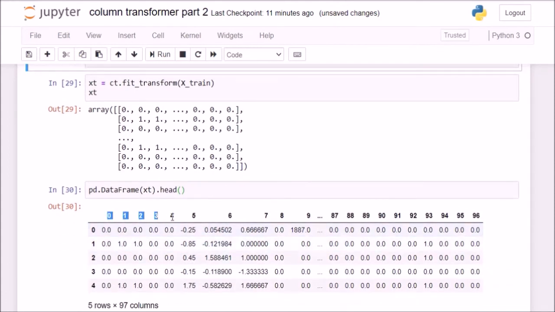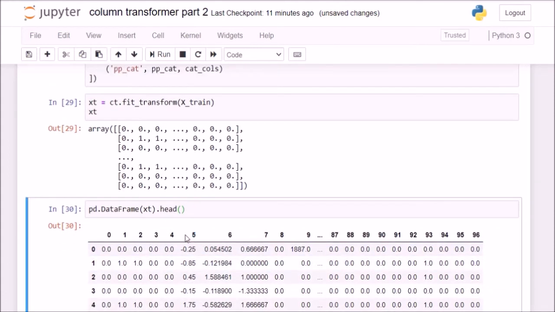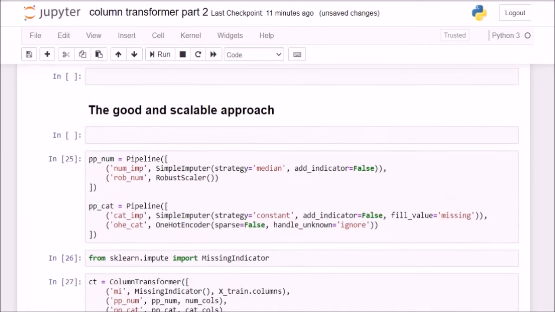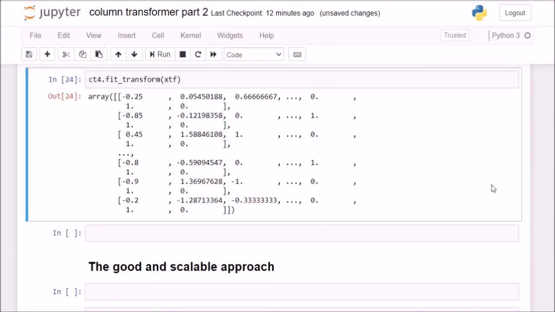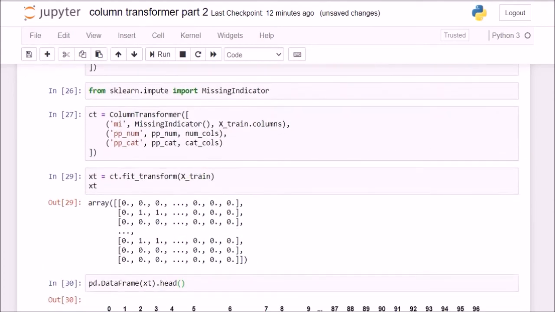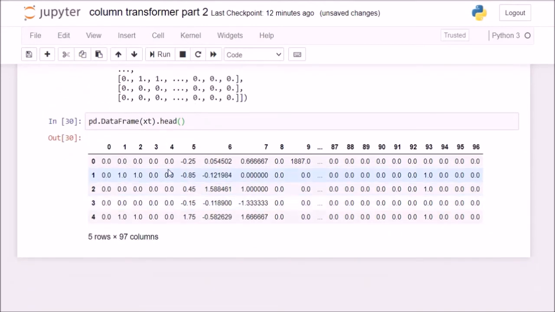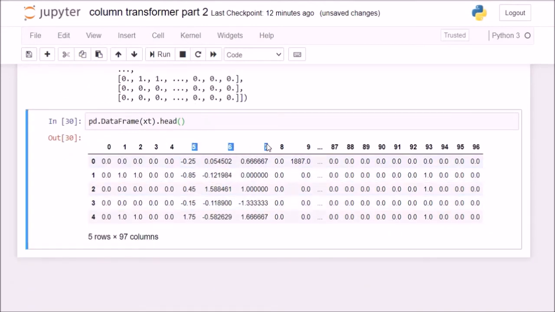Hence these are the first 5 columns, and then from the next column I have, you see, 0.25, minus 0.85. If I check here, I'll see minus 0.25, minus 0.85. So I'm now beginning to do my robust scaling on those numerical columns. From this column onwards I'm doing my usual stuff, but these 5 columns will be untouched by one hot encoding and also by robust scaling or standard scaling or any other type of scaling. So these are in their true nature now. These are indicator columns now.